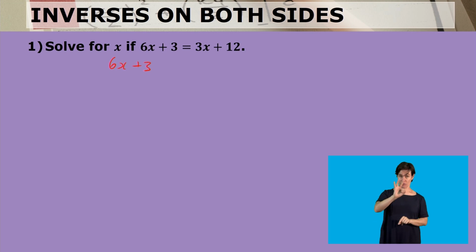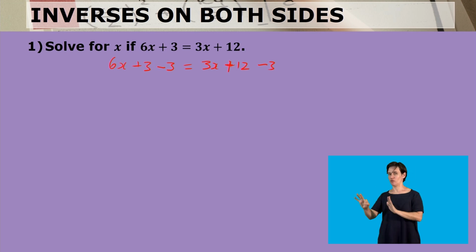6x plus 3, additive inverse is minus 3. On the right I have 3x plus 12, and then the same additive inverse minus 3, which would leave us with 6x on the left, and on the right we have 3x. 12 minus 3 is 9. So 3x plus 9, and then we have 3x